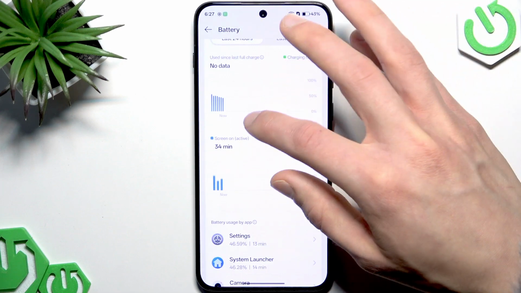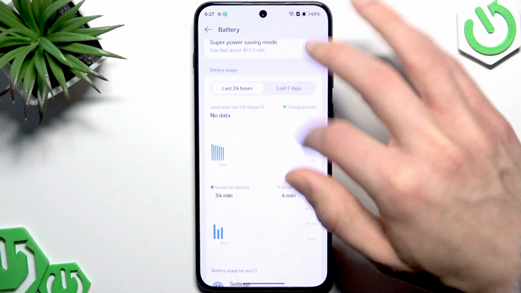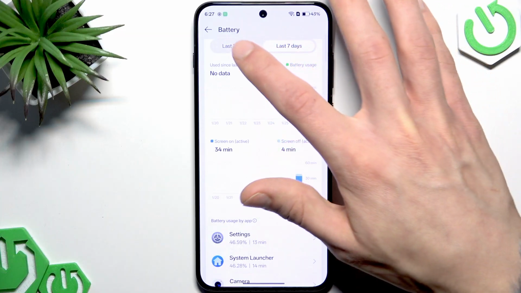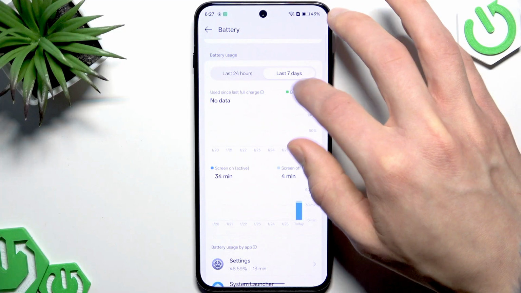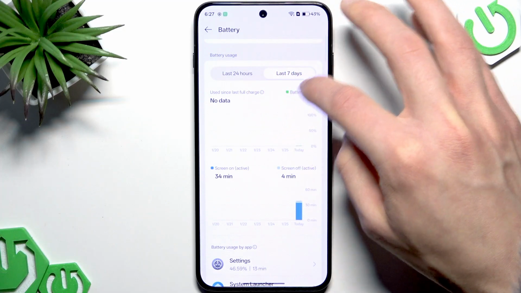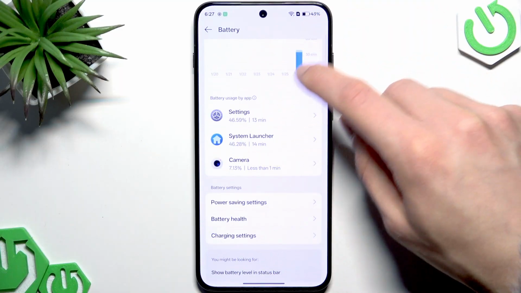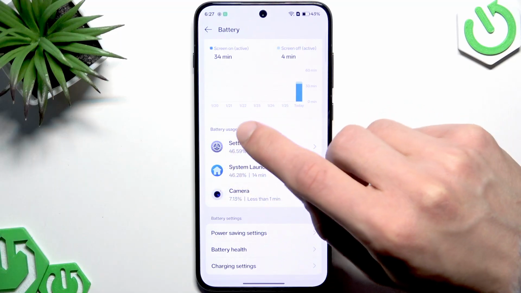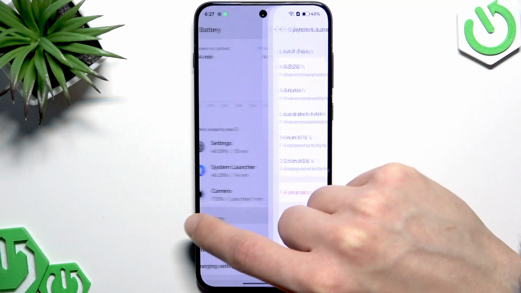Besides, let's also look right here. In this menu we can check the battery usage during the last 24 hours as well as last 7 days, and I think even more extended periods are available here. But basically what we can do here is detect which applications drain the most battery on our smartphone,